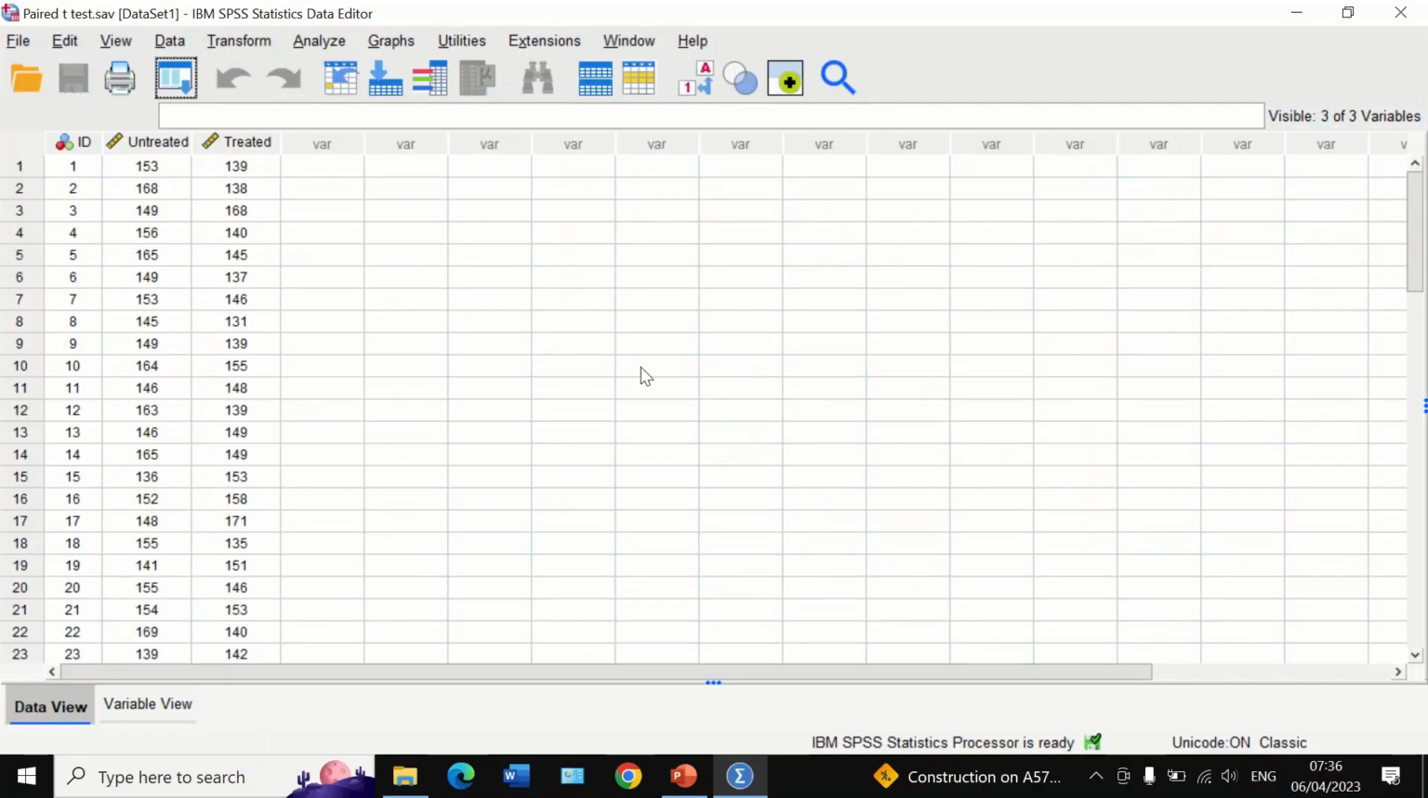Here in this data view in SPSS, I have inserted data for 50 participants that have been involved in a study examining the effect of a new drug in lowering the systolic blood pressure. So here we have two variables: variable 1, which is the untreated condition at time 0 when the drug is not given, and condition 2, post drug treatment, when the